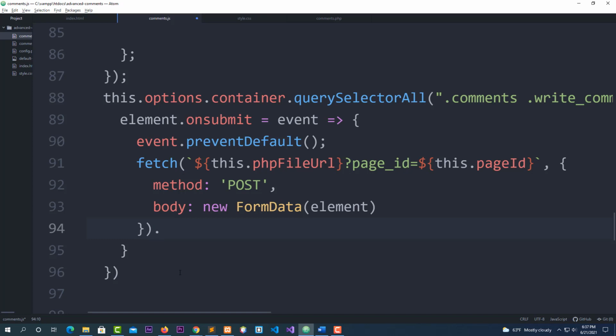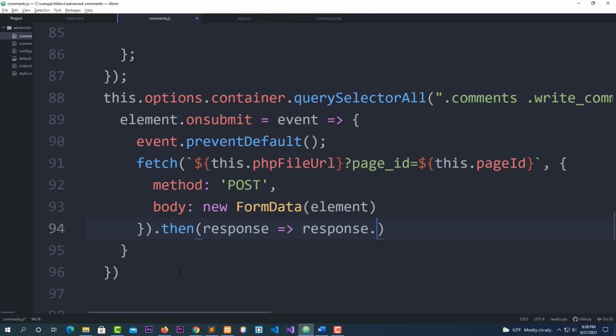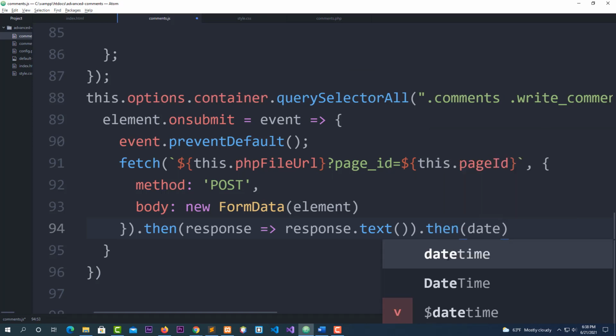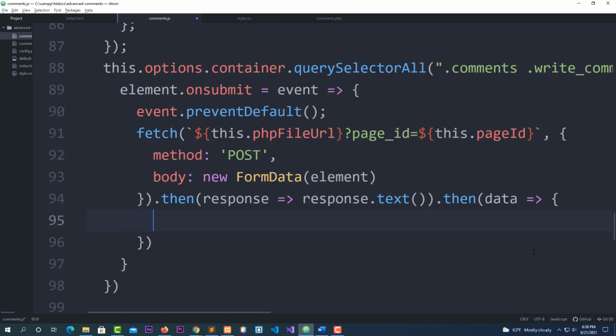continue, put a dot or period, and say then parentheses response, space, response dot text parentheses, and I want you to go here. This is the first opening parentheses. Go after the closing one and say dot then parentheses data space like this, okay, and space bracket, bring it down. Now I'm going to say local storage dot set item,